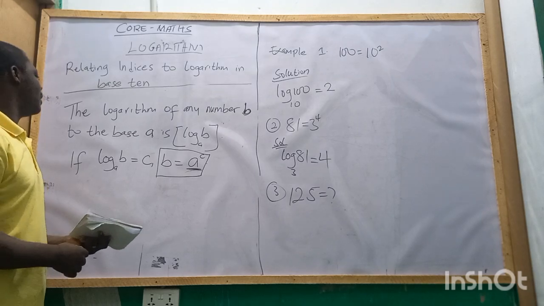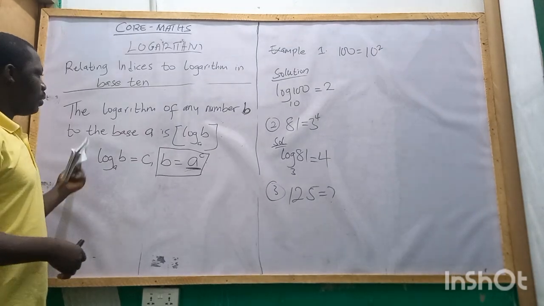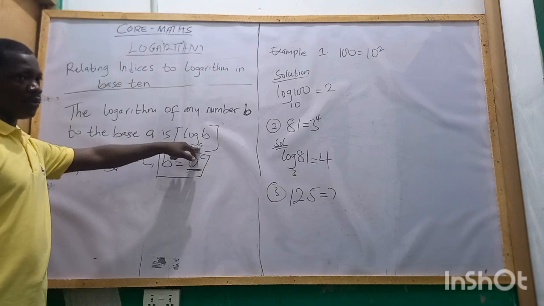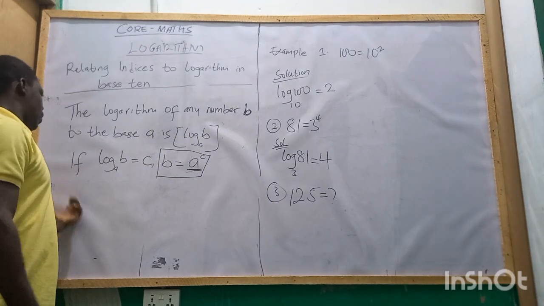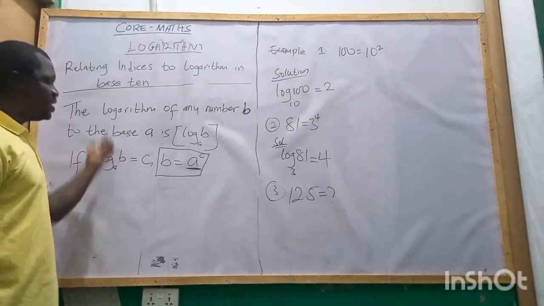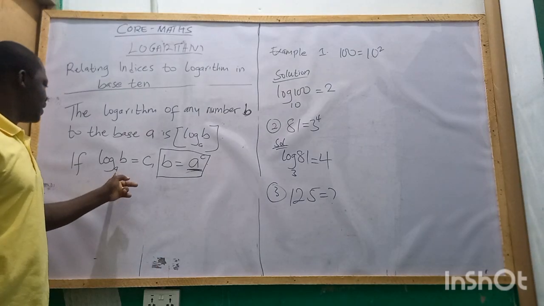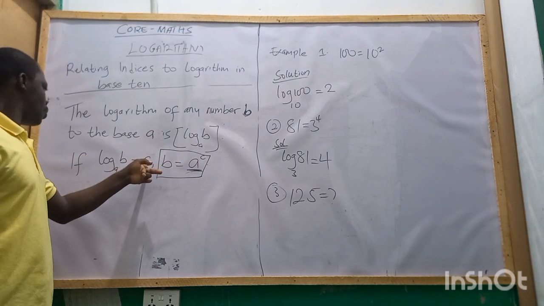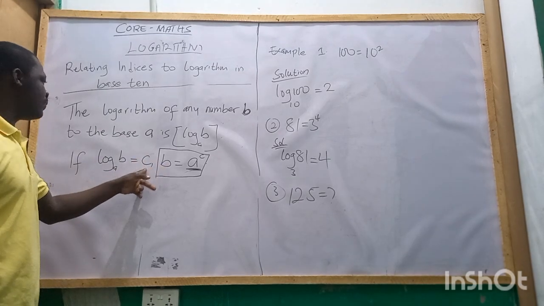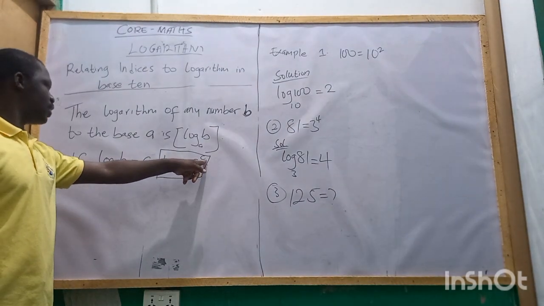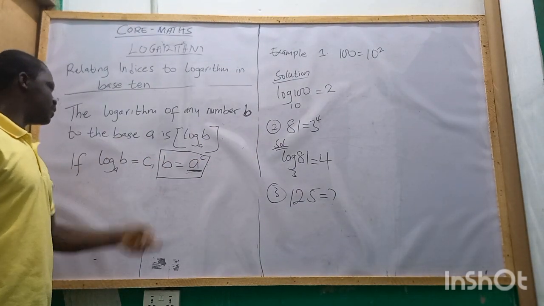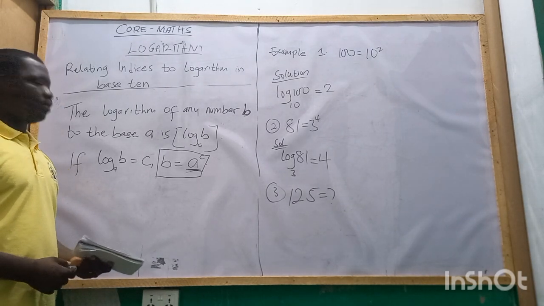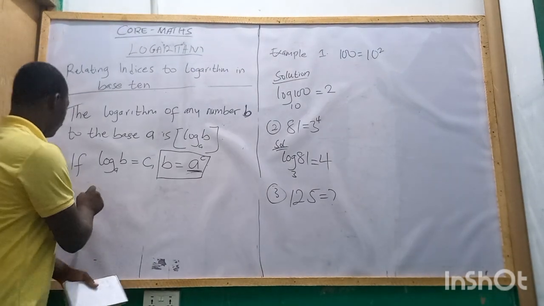So that's in generic form. Log b to the base a. This is how you write it. Then if you want to convert it back to indices, the base becomes the base over here, then equal to, whatever result it gives you will be the exponent. Then the b will be what will be in front of the log, right? So for example,